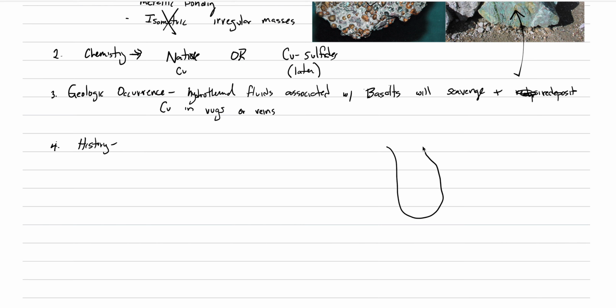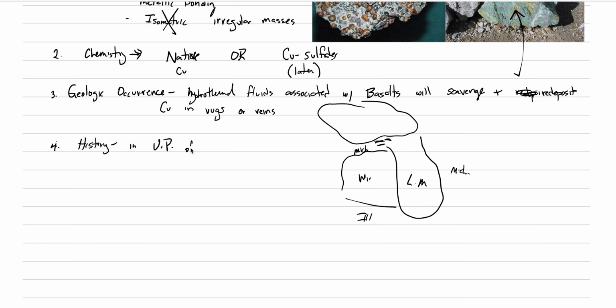So history in the U.S., should I draw this? Okay, this is Lake Michigan. And then up here we've got Lake Superior. And then we have Illinois down here. This is an embarrassment to everyone. Here's Wisconsin. And then there's this area up here called the Upper Peninsula of Michigan. Most of Michigan's over on this side of Lake Michigan. But up in here, there are these huge deposits. Well, we're embarrassed of that drawing, but what we're saying is that in the Upper Peninsula of Michigan,